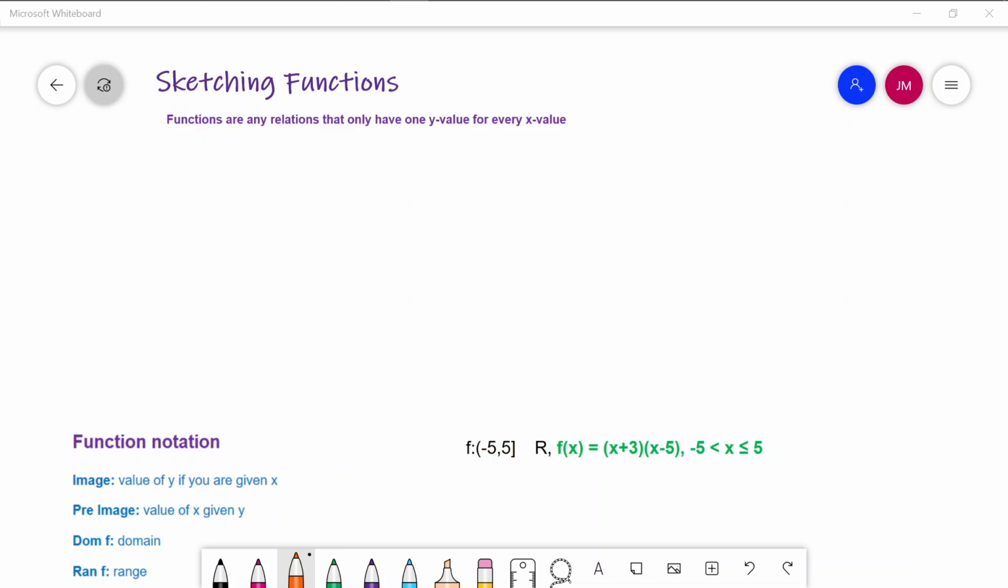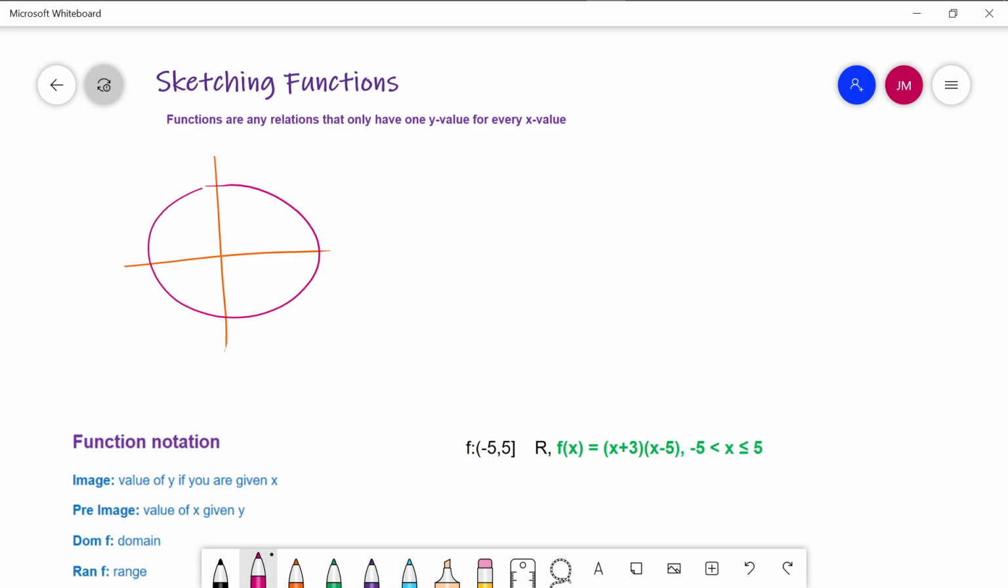Hello. This lesson we're going to be looking at sketching functions. So the first thing you need to know is what a function is. Functions are any relations that only have one value for every x value. So what that means is if you had a graph,